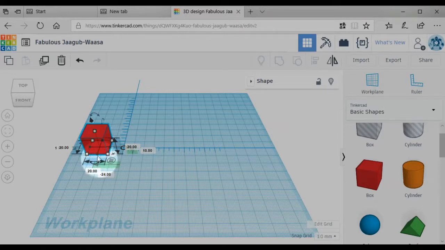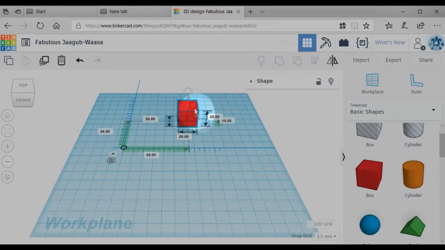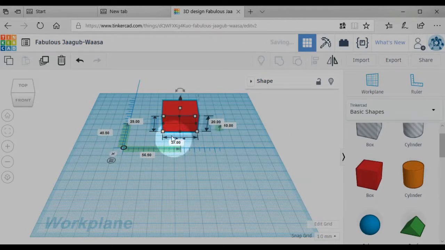There are also green and blue arrows along the side of the box. The box may be resized by dragging the handles or by typing over the numbers along the blue arrows. Click on the width number along the x-axis and type the number 50 to resize the box to 50 millimeters